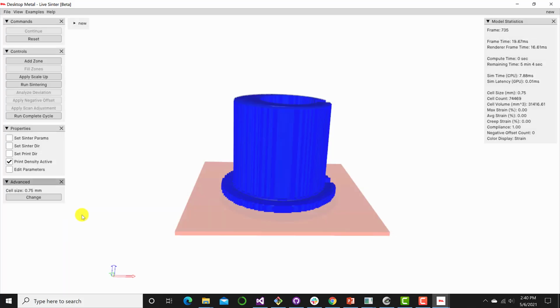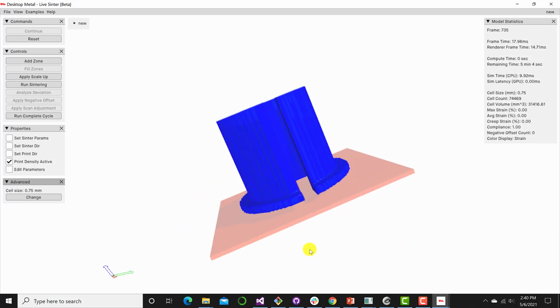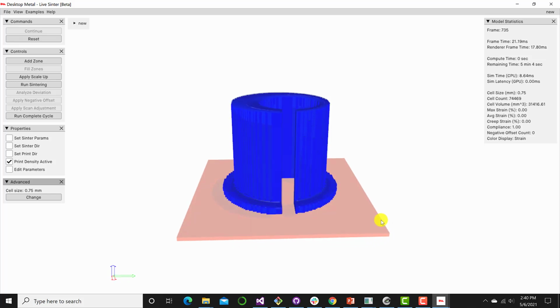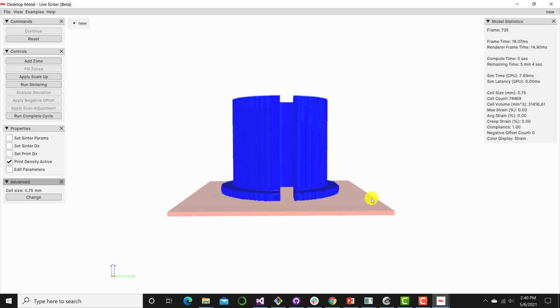Okay, now we've completed the process of filling in the zone with cells. And so we're going to perform the first step of the process of sintering, and we're going to do this manually. The reason I'm walking through these steps manually is so that you can see how it works. Later I'll show you that you can actually bypass all these steps by just clicking Run Complete Cycle, and it